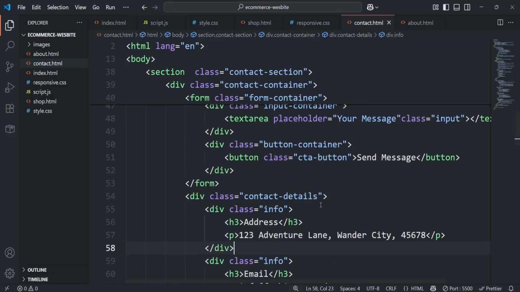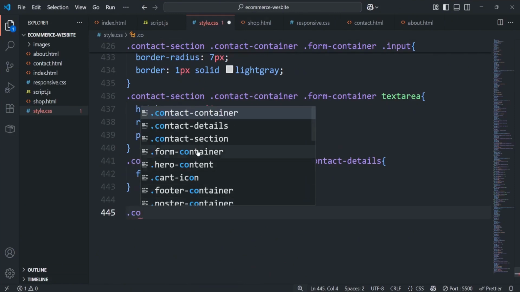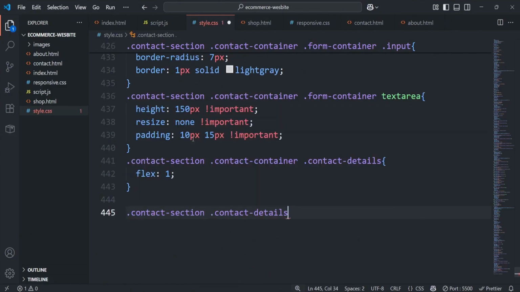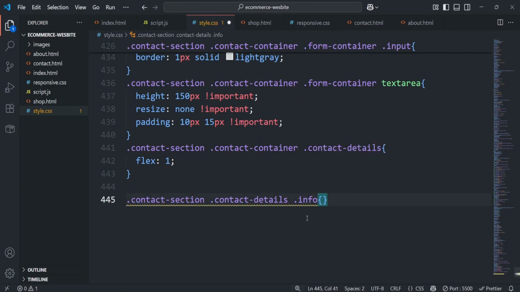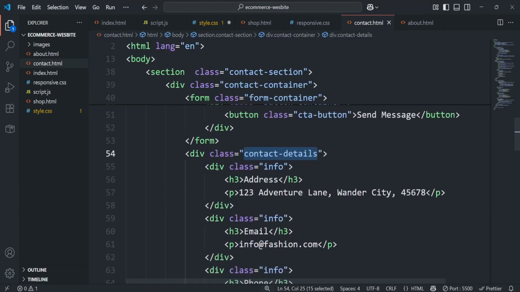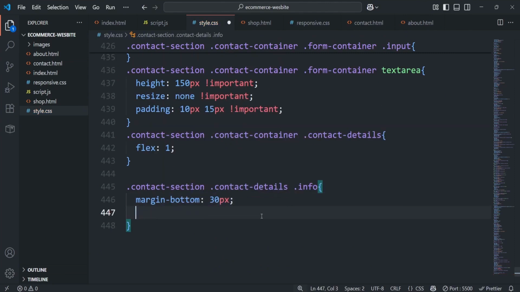Okay, so I just copy this contact details class. Alright, to style CSS file down here, I want to say dot contact section. Then I'll paste that right here. Then I'll target the info container inside this contact details. That's the info container that is going to wrap around each of the info. Okay, this info container. We're going to add a margin bottom of 30 pixels and a color